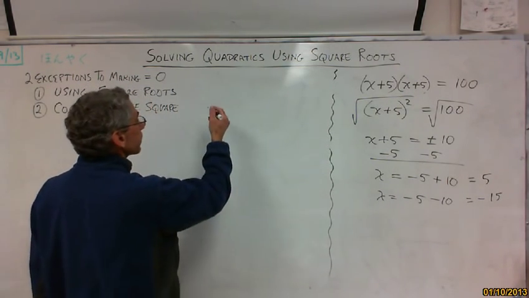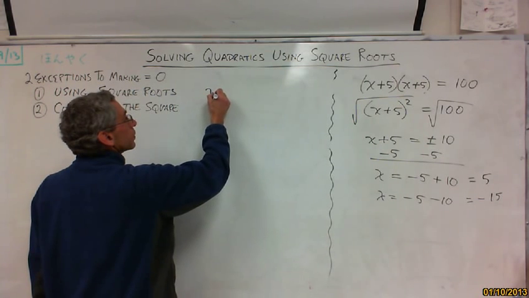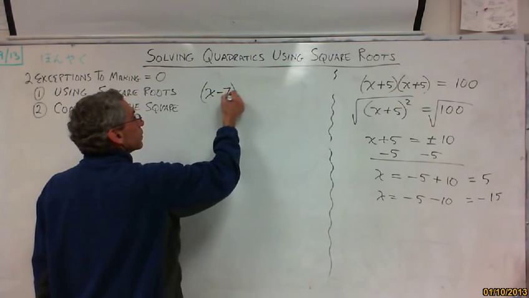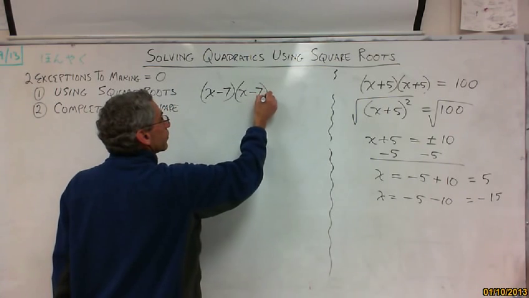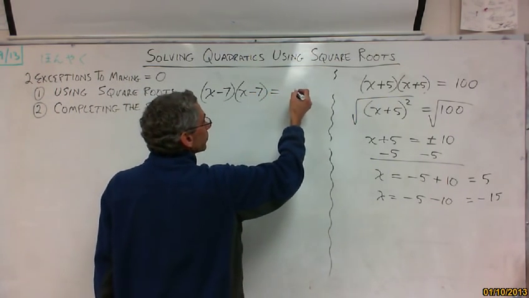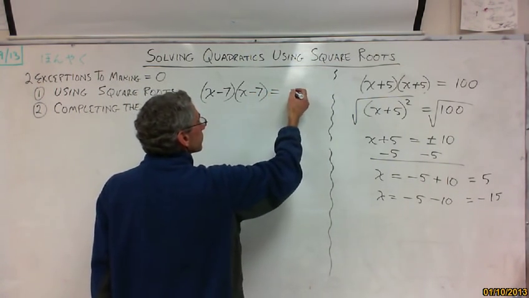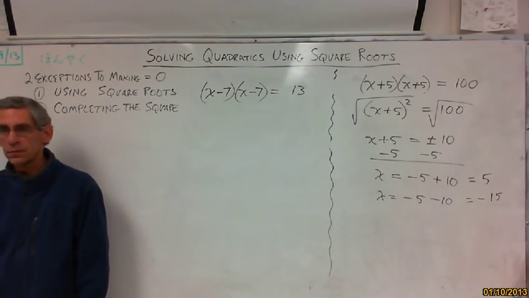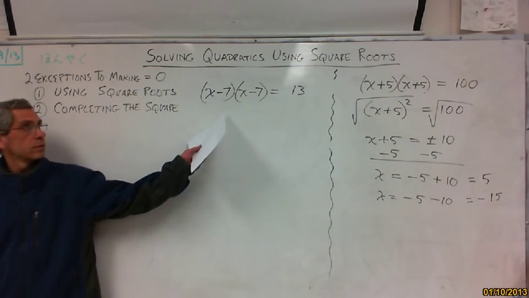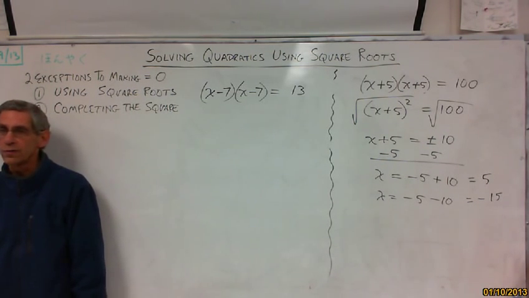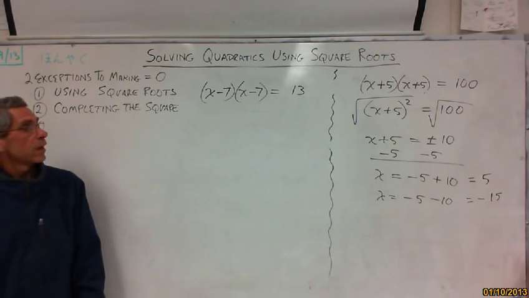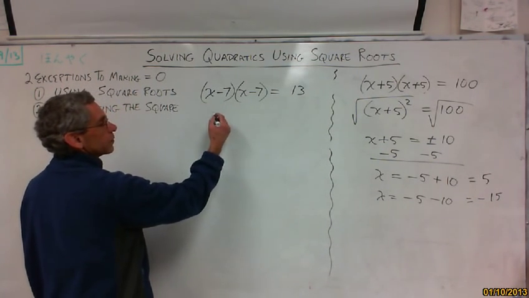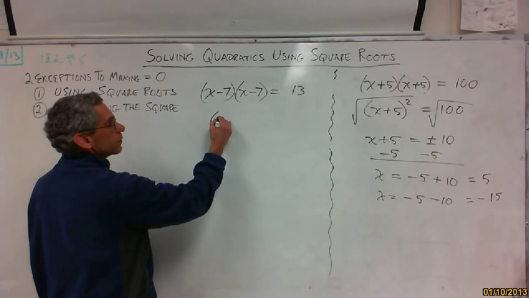All right, so let's say we had this: (x - 7)(x - 7) equals, I don't know, 13. All right, so this one. So Tiana, what do I do? Okay, so you have to do this square root thing. Yeah, but what I want to do first with this is rewrite it as,